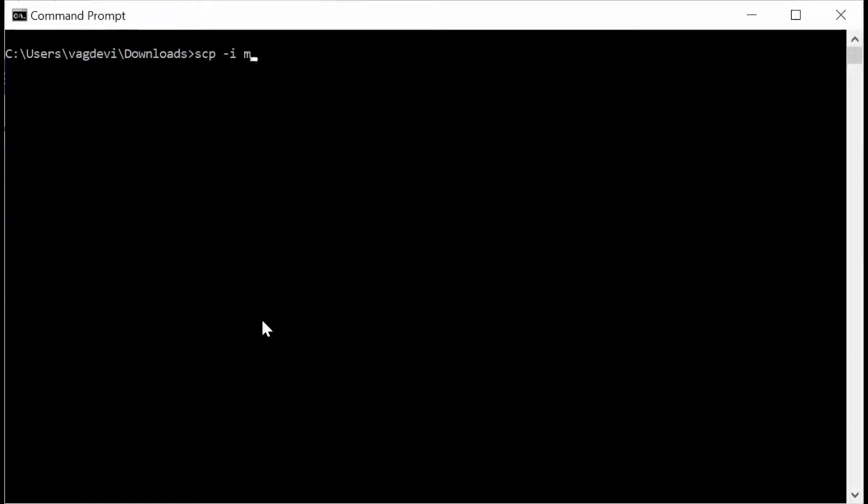The PEM file. I'm going to use my AWS Ubuntu key.pem, because I want to access that machine, right? So that is why I'm using this. And then the file I want to copy is